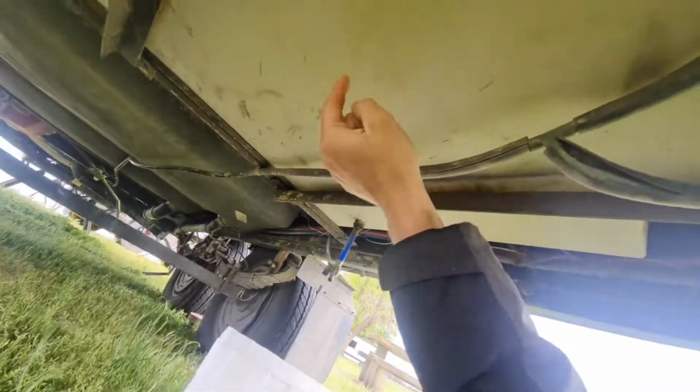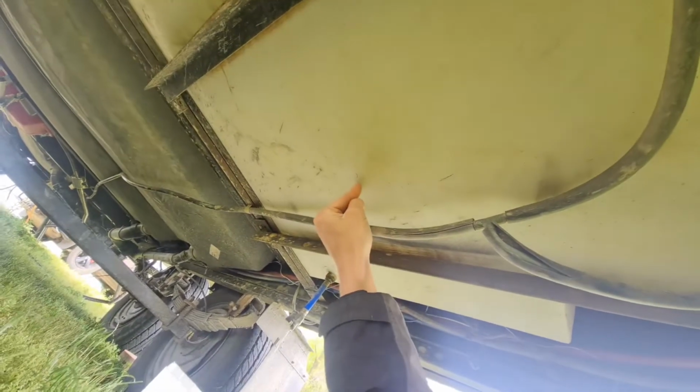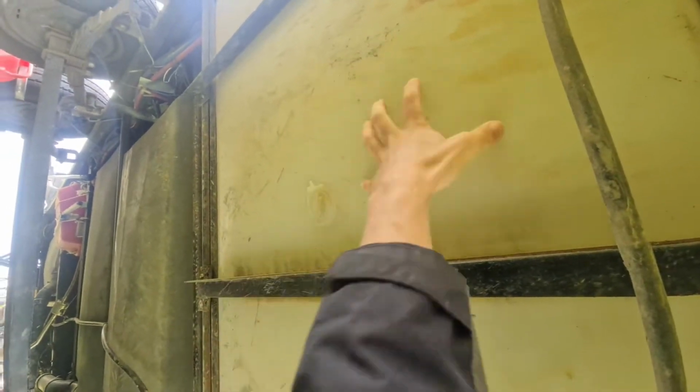Like if I push this, now, look at that, ridiculous. So as you can tell, it sags down here lowest because of the years of obviously being full of water. So I'm going to put a hole right here. Ooh, it might even be better over here actually. Yeah, that's probably better. Yep. I'm going to put a hole right here because that is the lowest point,